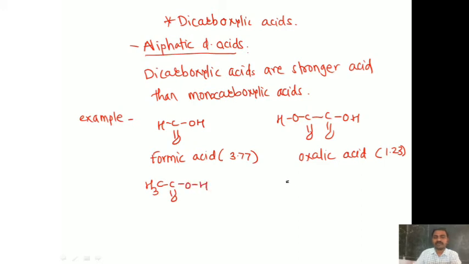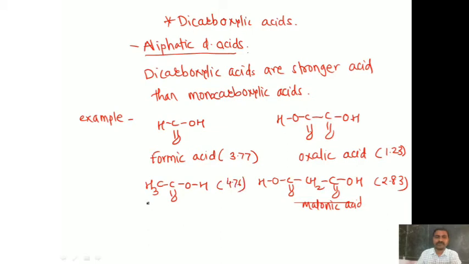Then next example is CH3COOH, and if you replace one of the hydrogen by carboxylic acid, here we will get the malonic acid. Malonic acid has pK 2.83 and acetic acid has pK 4.76. This is acetic acid. Now next one is propanoic acid, CH3CH2COOH. Propanoic acid has pK value 4.88